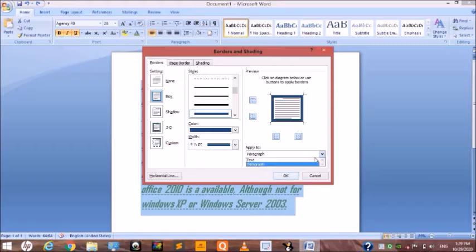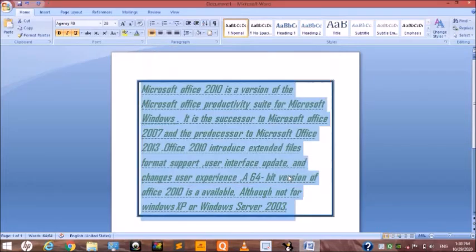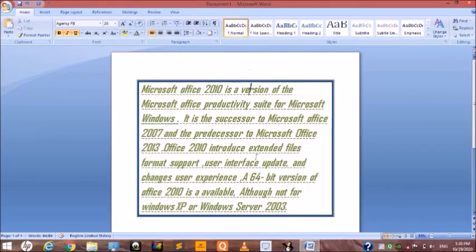Here is the option to apply to text or paragraph. Then click on the OK button. Look here, the border appears around the whole text.